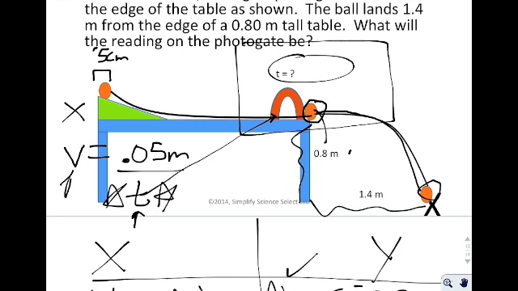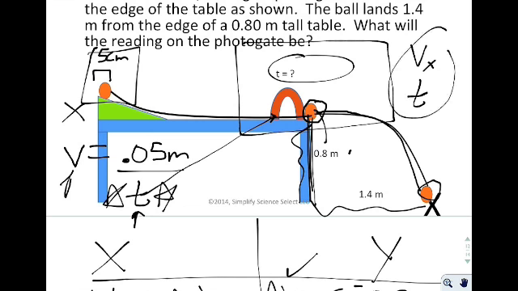Now, you may be asked to do something similar in which you take this measurement. You take the diameter of the marble, which allows you to calculate the velocity in the x direction. You can measure the height of the table, which would allow you to solve for the time. Once you have these two things, you can calculate this horizontal displacement, put a cup there, and the ball should